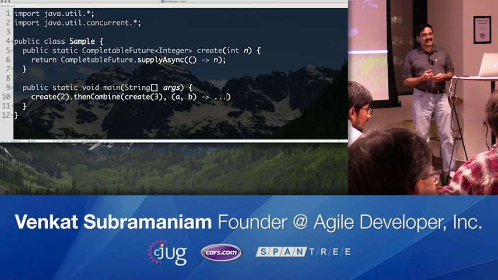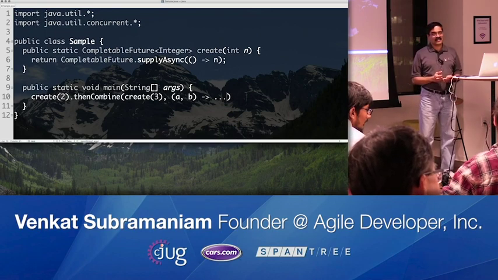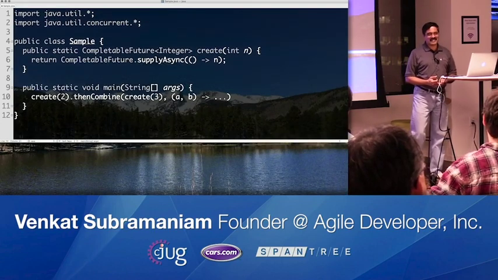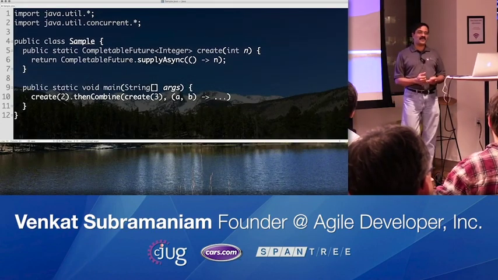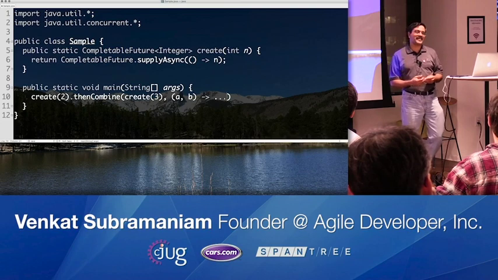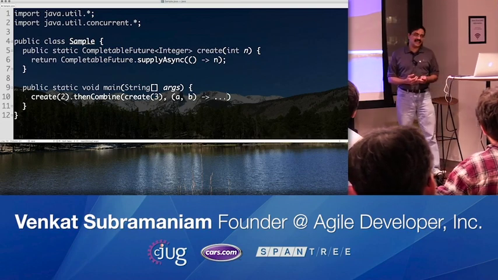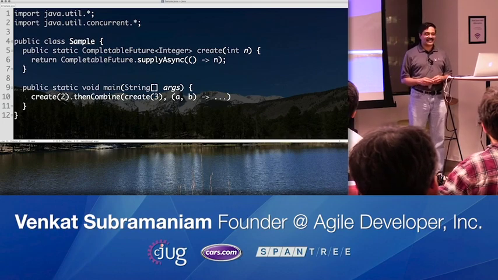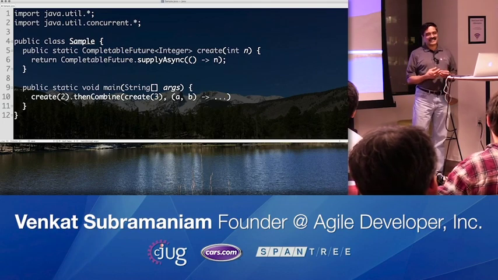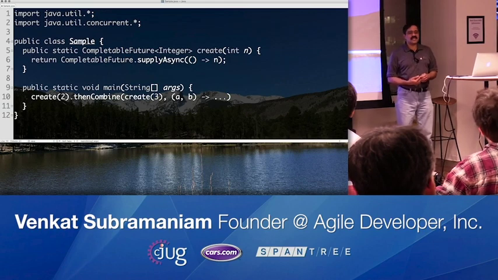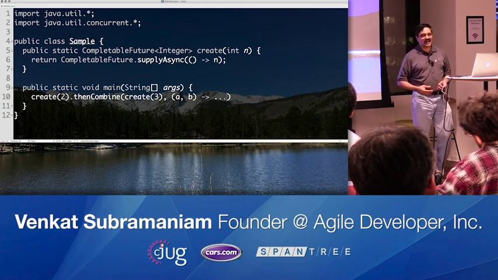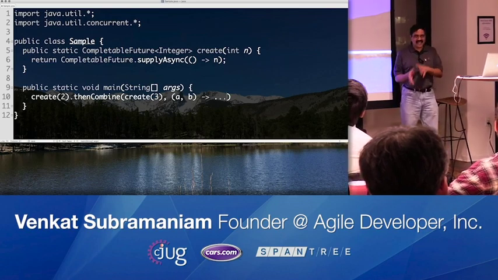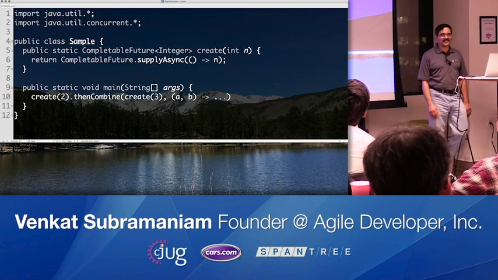In the then apply, that completable future is like the context at which you created it captured? Oh. No. Yeah, that's a sad part. You still have to do extra coding to go back and do the work with it. So you may have to maintain a list, and you have to process it, and this is going to tell you when it's done, and then you have to get the data from it. So it was not a pleasant experience for me, at least the way I saw it working. So yes, you got to work a little harder for that.